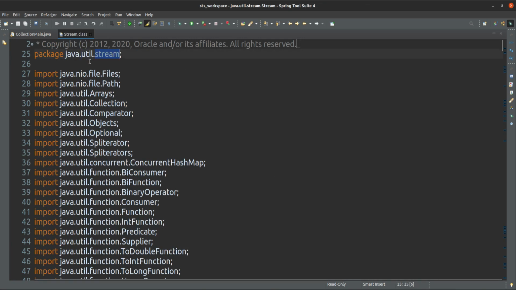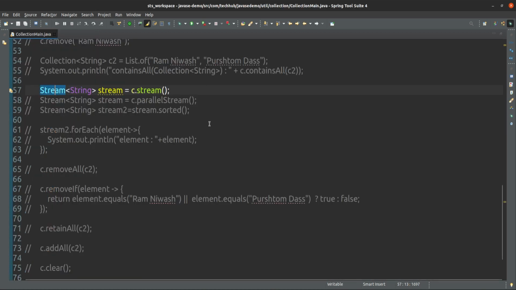No, java.util, another package. Under util, one sub package is there, stream. This is a different package. We will learn this one. Okay, stream package we will learn.